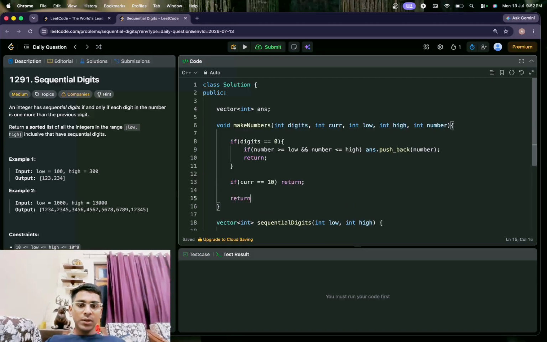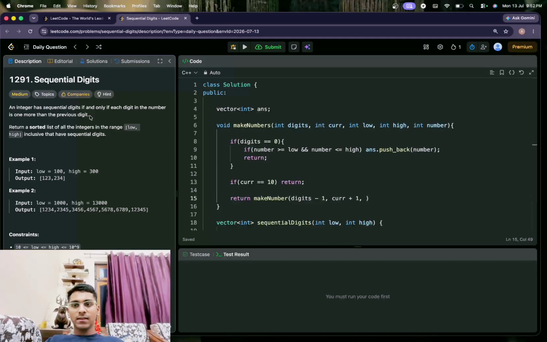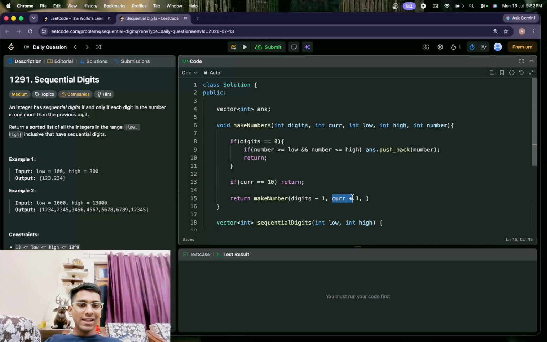And now we can simply do our basic recursion. I'll call the function with digits minus 1. That means we have used this digit. Then we have current plus 1. Why? Because we have to make sequential digits. Sequential digits means if you have used the current value as 6, then you need the next value as 7. So that's why I am doing current plus 1. Then I'll pass low, then high. And now we have to make the number. How do we make a number?